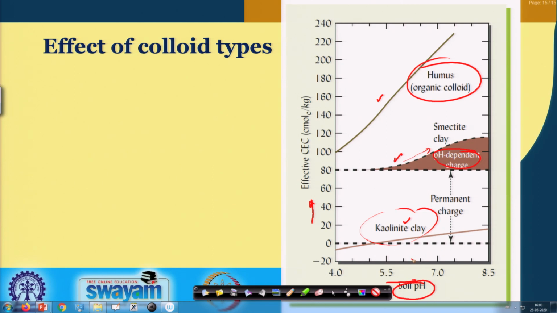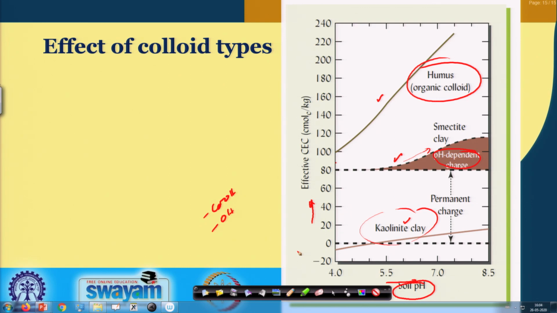is almost dependent on the soil pH. So, that is why you can see it is highly variable. In the case of organic colloid, obviously as the pH increases, there is a high increase in effective cation exchange capacity, because the functional groups which are present in organic colloid, like the carboxylic group as well as the phenolic OH groups, basically dissociate and produce negative charge, and this negative charge is responsible for attracting more cations. We have discussed this in detail during our organic colloid discussion.